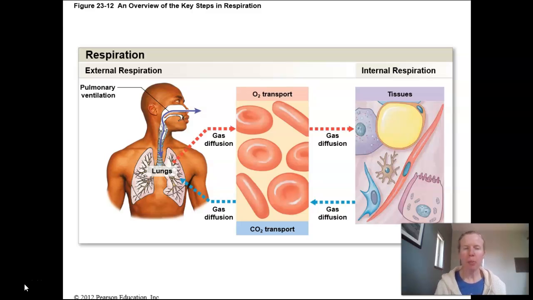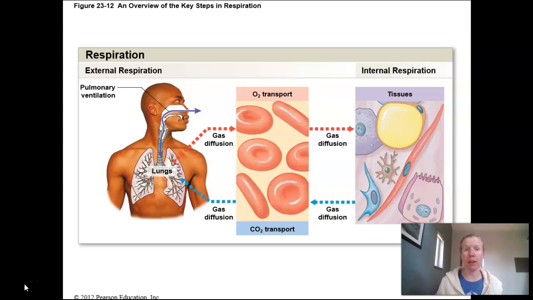Okay, so now we're going to jump more into the physiology. And kind of like the cardiovascular system, there is a lot of physics in here, but don't let it scare you. It's really not that bad. So when we talk about respiration, it is important to realize this happens in a couple different phases,